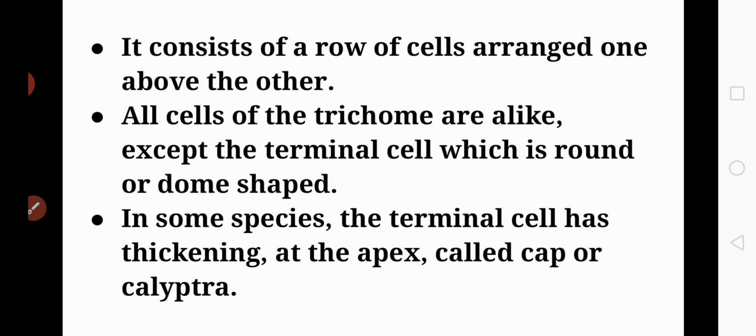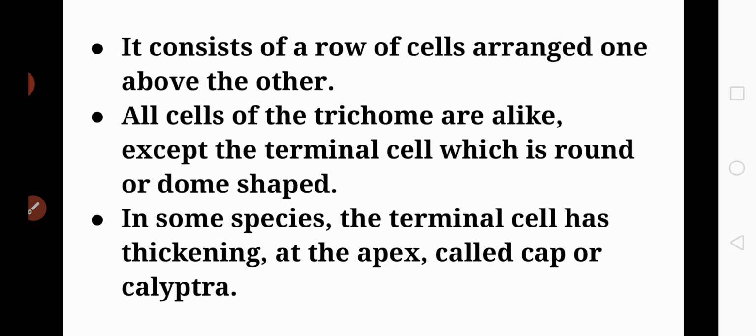All the cells of the trichome are alike, meaning they are the same, except the terminal cell, which is round or dome shaped. So in the filament of the Oscillatoria, all the cells are similar except the tip cell, because the tip cell is round or dome shaped. In some species, the terminal cell has a thickening at the apex, and this is called the cap